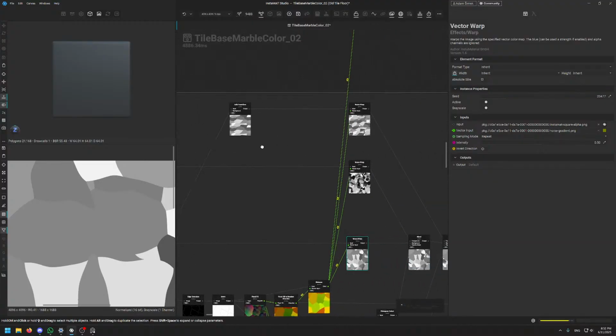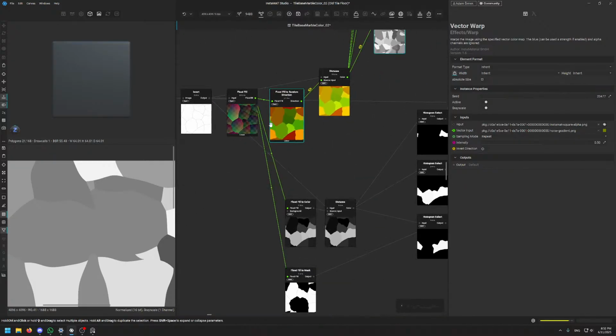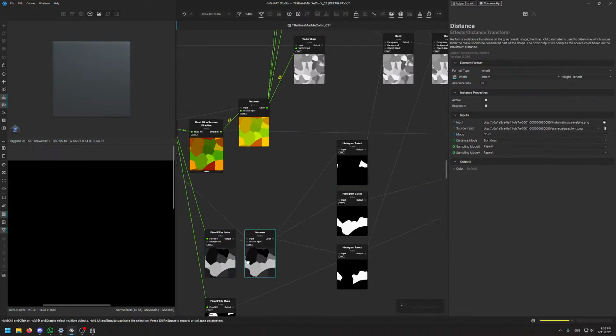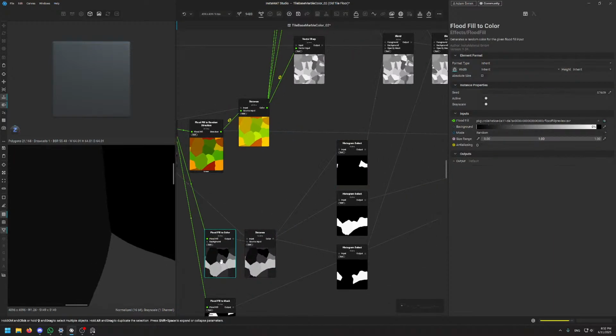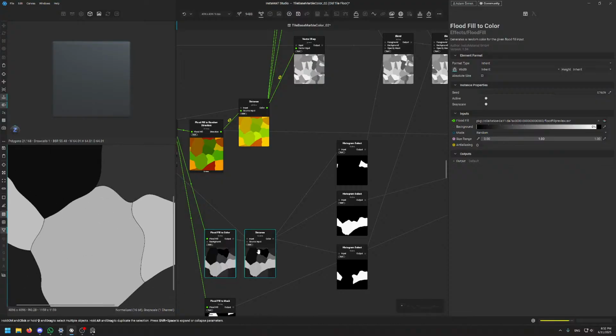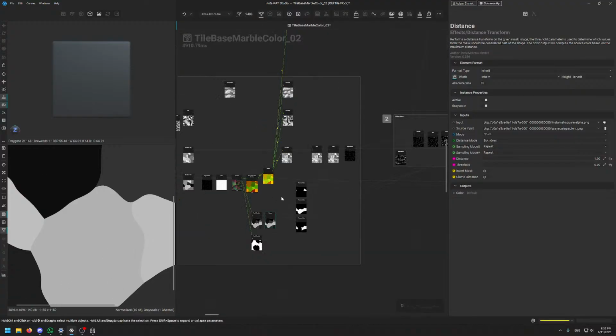So yeah, I do that, and I also take flat fill to color, and with histogram select, also distancing it again so that I don't get this split here, right? You can see that there are these lines. With the distance, they are closed. They are no longer there. So essentially,